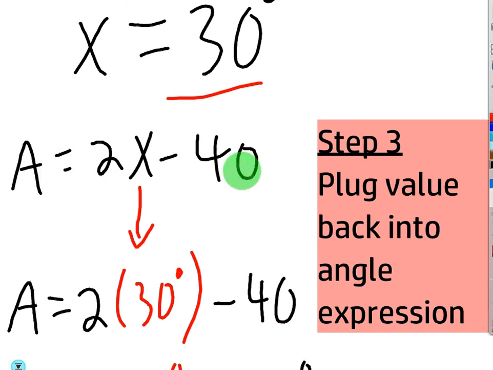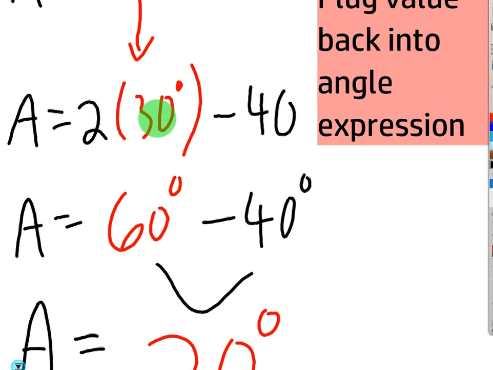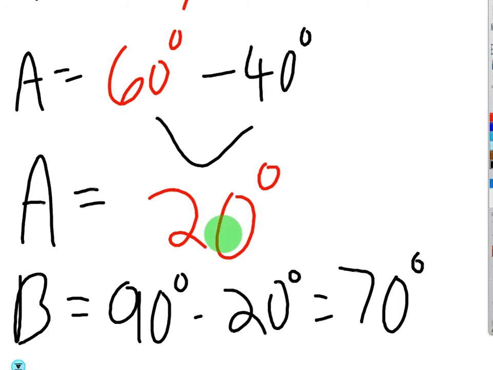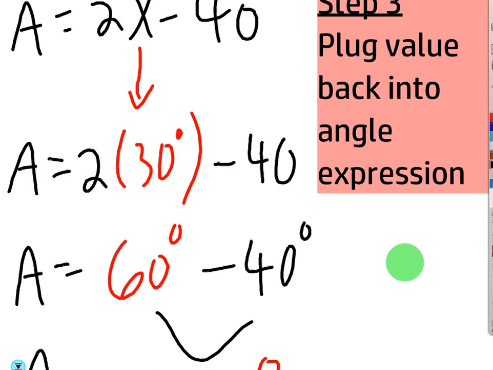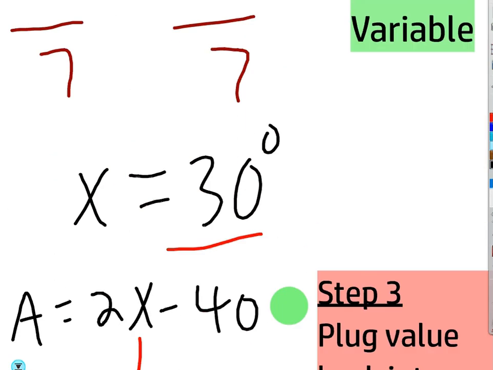So A equals 2x minus 40. We figured out x is equal to 30. Plug 30 back in. 2 times 30 is 60, and 60 minus 40 equals 20. And if we wanted to figure out B, even though the problem didn't ask, we could do B. We know that A plus B equals 90, so B must be 90 minus 20, which would be 70, which makes sense. And if we take a look at the diagram one more time,